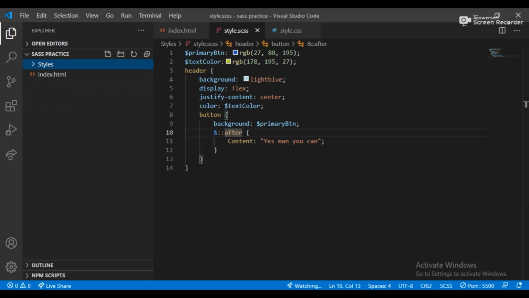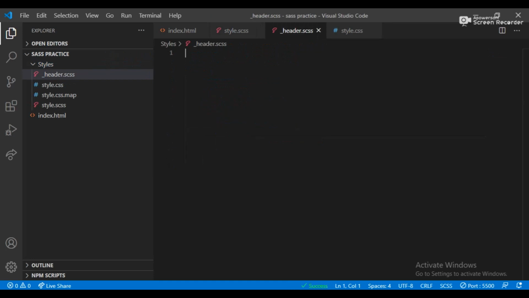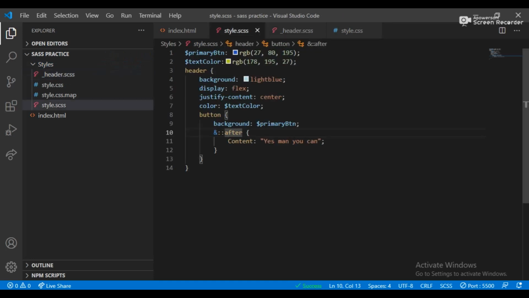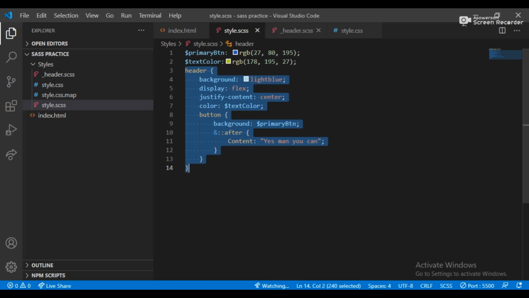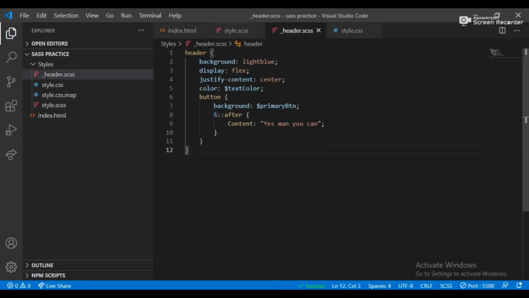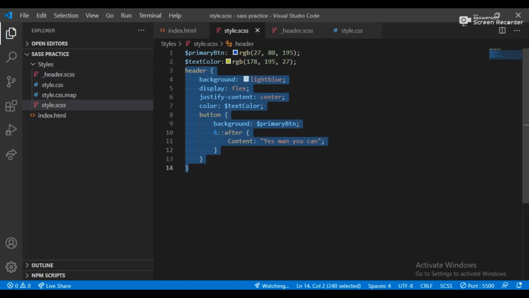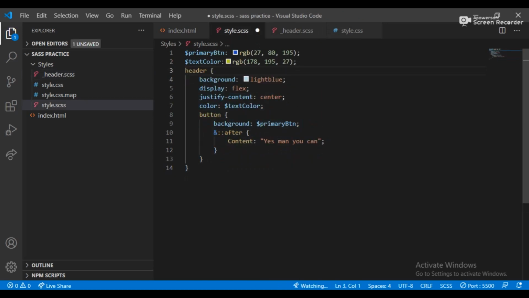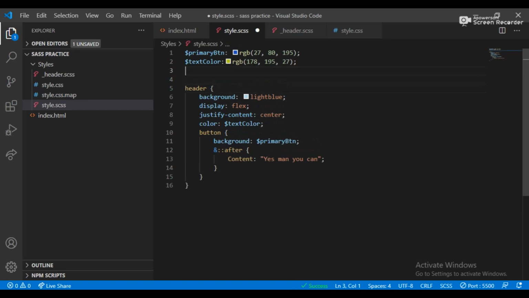Okay, next thing we have to do is separate the header section. So I'm just creating another file. This is the most important part of this cascading style sheet. What you should do is create a file called header.scss, and this header part I'm adding here. And how can I call this file into the style.scss? You just remove this, remove the header, and enter it.